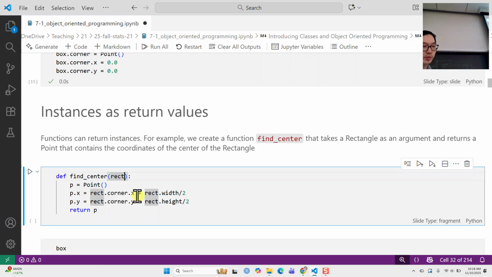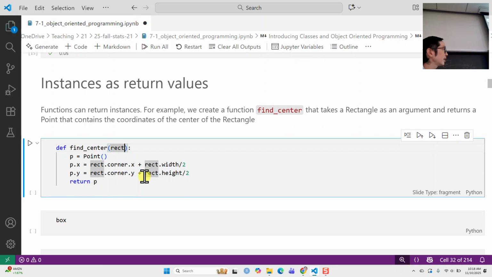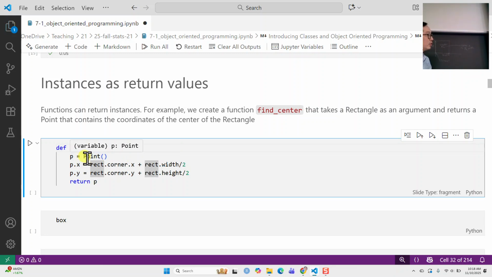So this function, find center, is going to take in a rectangle. Within this function, we're going to define a new instance of Point, and we're going to say the x attribute of the point is going to be the corner x plus 1/2 of the width, and then the corner y plus 1/2 the height. We'll assign those to be attributes of this new point p,